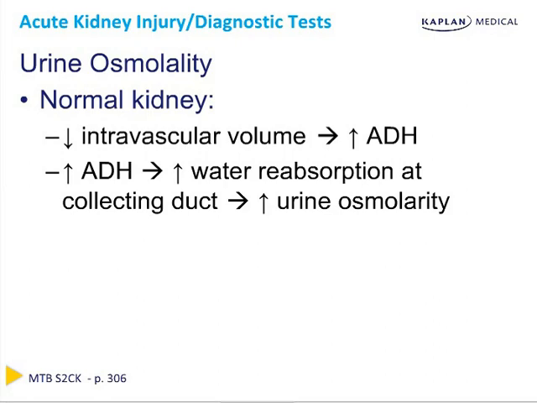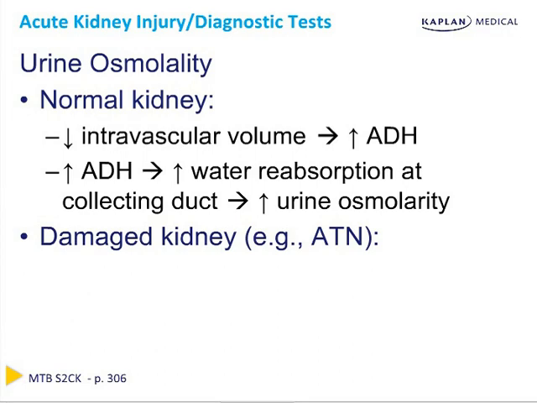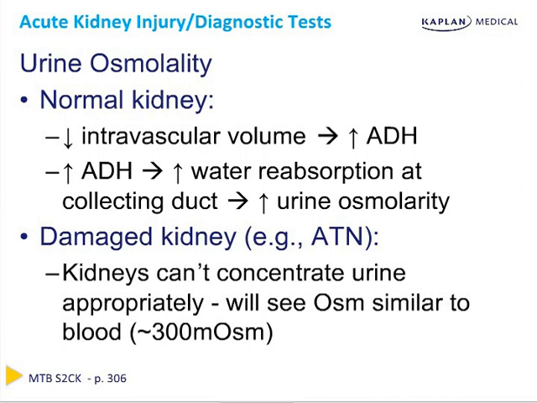Therefore, if the kidney is functioning normally and the problem is prerenal or upstream of the kidney, the collecting duct is going to be able to function properly under the influence of ADH, and it will lead to a high urine osmolality. If the kidney is damaged, such as in cases of intrinsic AKI, the urine can't be effectively concentrated. So in intrinsic AKI, the urine osmolality can't get much higher than the blood osmolality, and that number is 300 osmolality. So what's the $10 word that you need to know for the inability to concentrate the